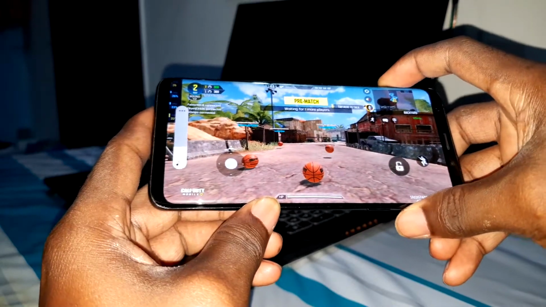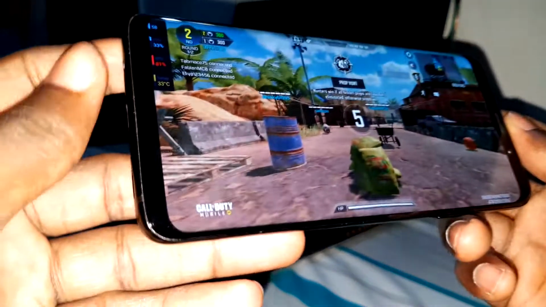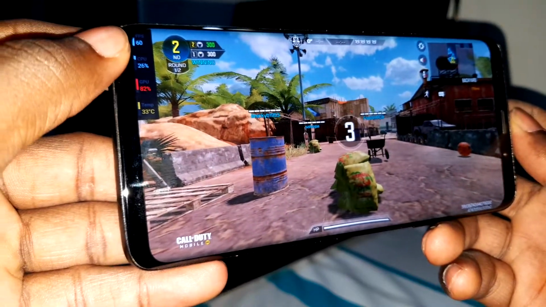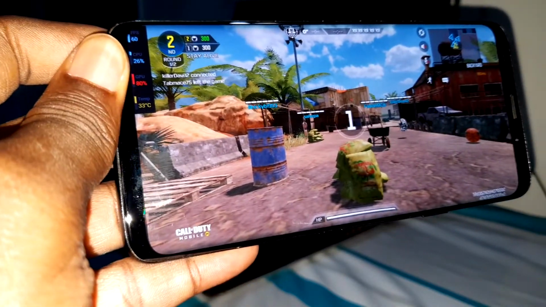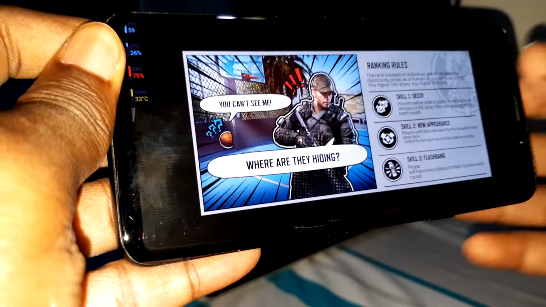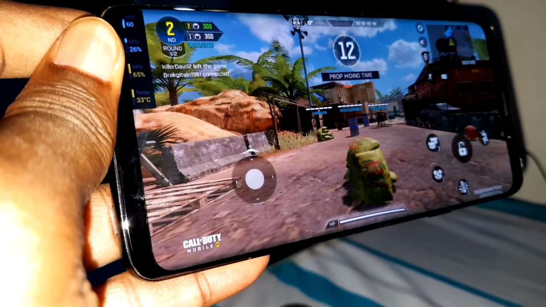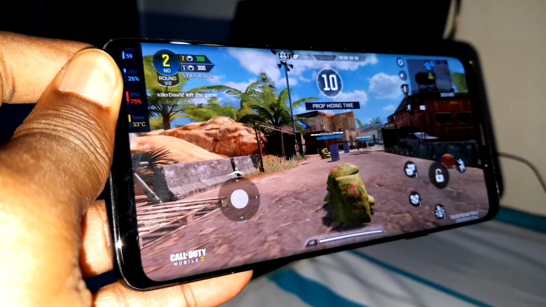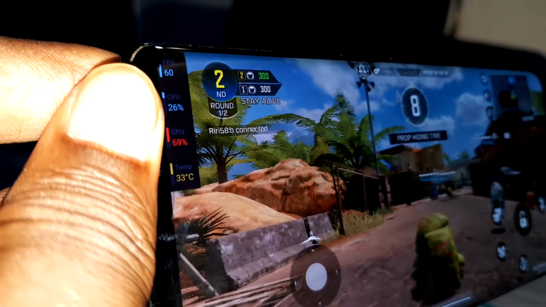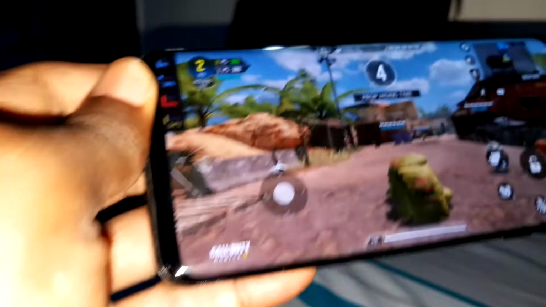I don't know how to play this, but I can see the FPS here. Look at the FPS. Do you believe it? The FPS appears in front of you. 60 FPS. You can see temperature, GPU, CPU, all of this.